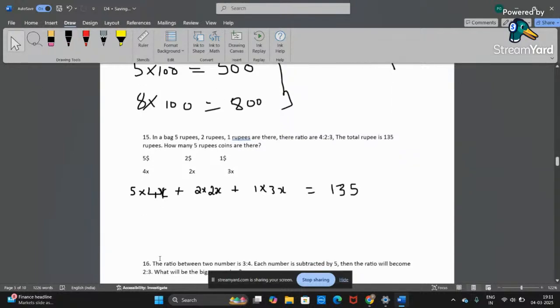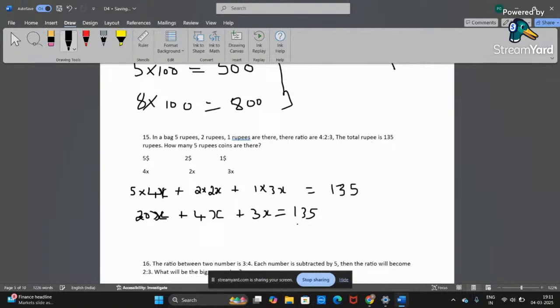So next, what you have to do is multiply: 20x plus 4x plus 3x equals